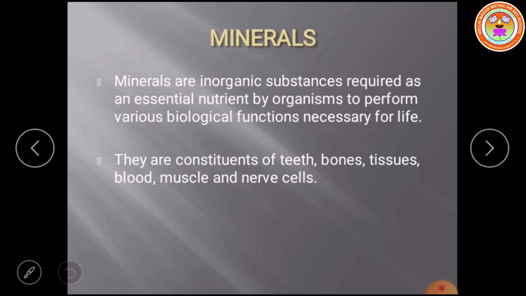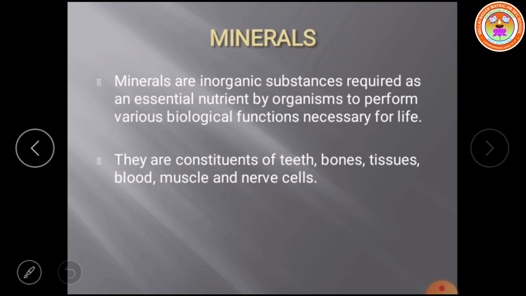Teeth contain calcium carbonate and calcium oxalate. Blood contains hemoglobin made up of iron. In muscles, potassium is very important. Sodium is also very important. To conduct nerve impulses, sodium and potassium are very much required. To synthesize thyroxine in our body, iodine is required. So different types of minerals are required by our body. They are obtained through the diet in our daily